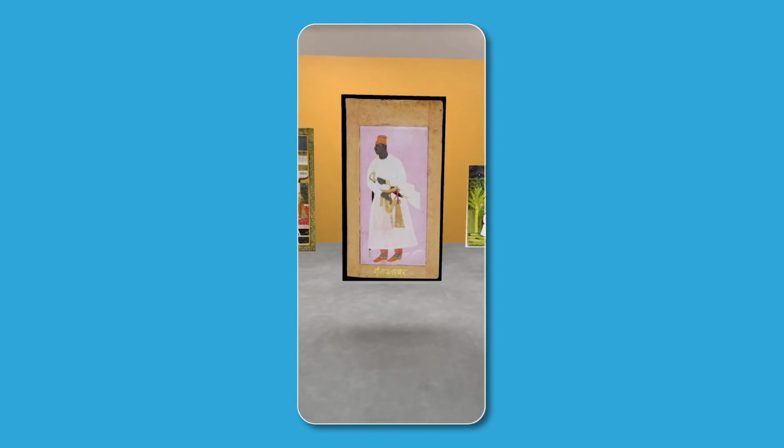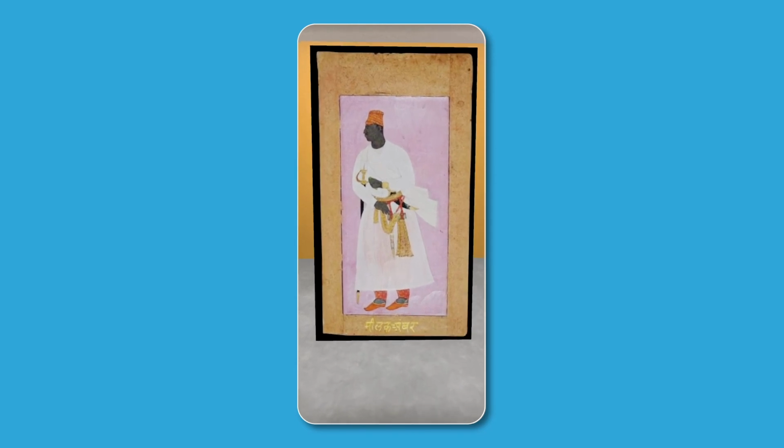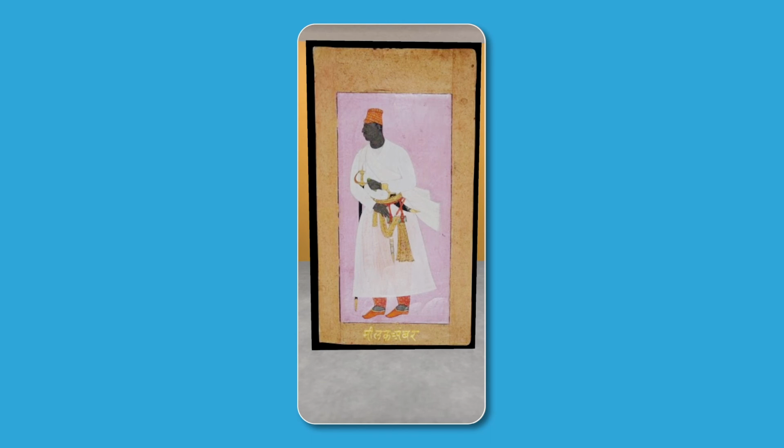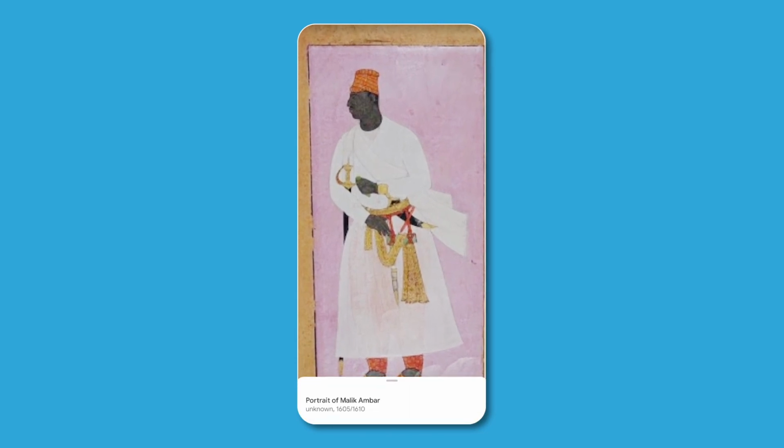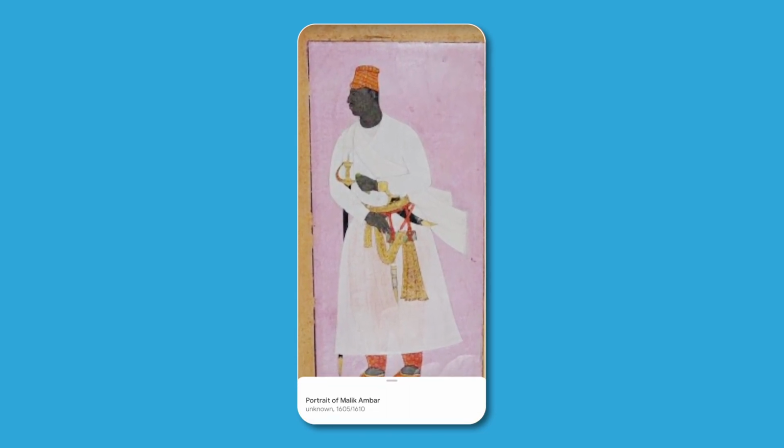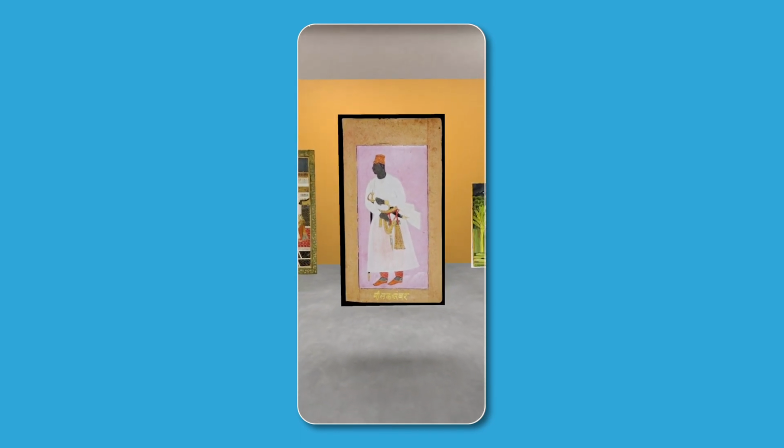If on the one hand, man is anchored by faith and humanity, on the other hand, he is also driven by ambition for power. The portrait of Malik Ambar captures the strength of one such powerful man. Here is the remarkable story of a man born in Ethiopia and sold into slavery, who went on to be the Prime Minister of Ahmednagar. This portrait captures his strength and tenacity as he stands tall and strong, armed with a sword, a dagger and a knife, while at the same time, the green writing case alludes to strengths other than brute power.